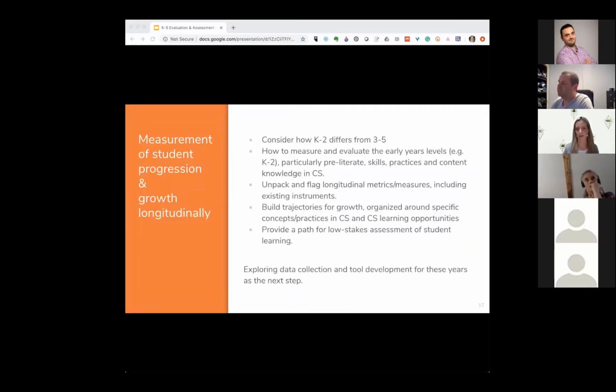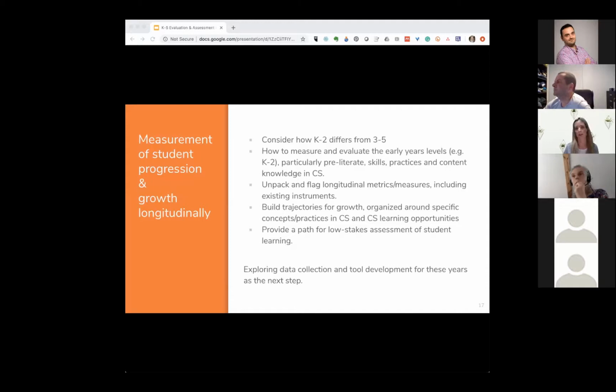As countries establish new CS curriculum around the world for the primary years, there's also a need to understand what learning progressions look like for these learners at different stages and how to measure that growth over time. And we do have curriculum coming out which can provide a solid basis for that. And we can also build on and extend the work by DeLisa and Grover, already started in computational thinking and programming. And there's many frameworks and tools out there.